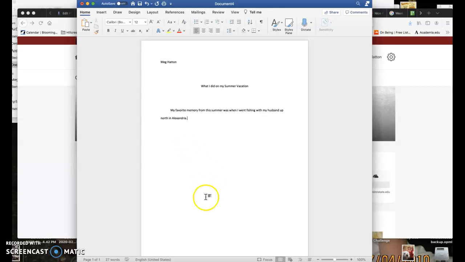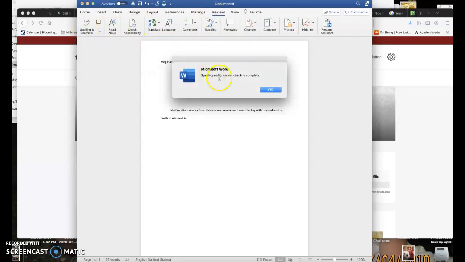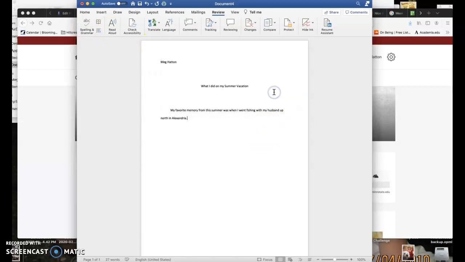So then let's just pretend that I wrote this story about going fishing with my husband up north in Alexandria, and I'm all done. Usually what I do next is I go up to review, and I just make sure that all of my spelling and grammar is okay. It is. Also, if it isn't, if I spell something wrong, like